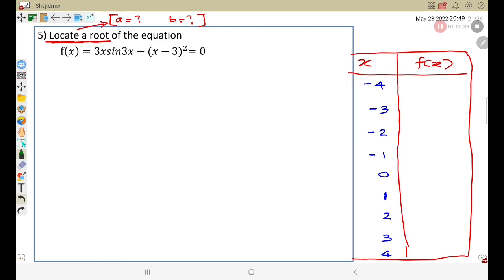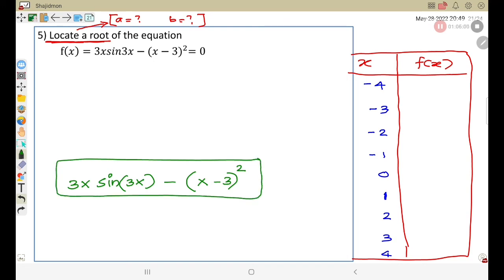So first, enter this in your calculator: 3 alpha x sine 3 alpha x minus, put the bracket, x minus 3, whole power 2. Just enter this in your calculator. Don't forget to use the alpha button, and this is x, correct? Now after entering this, press the calc button,